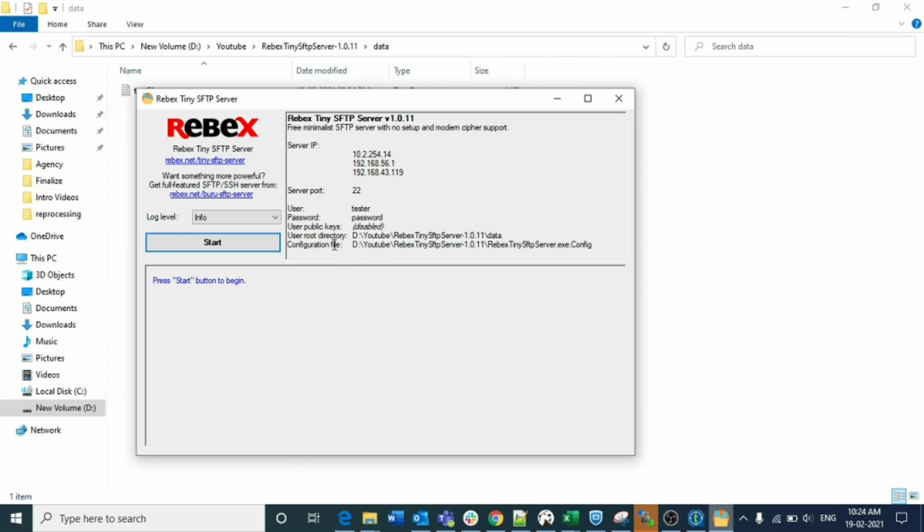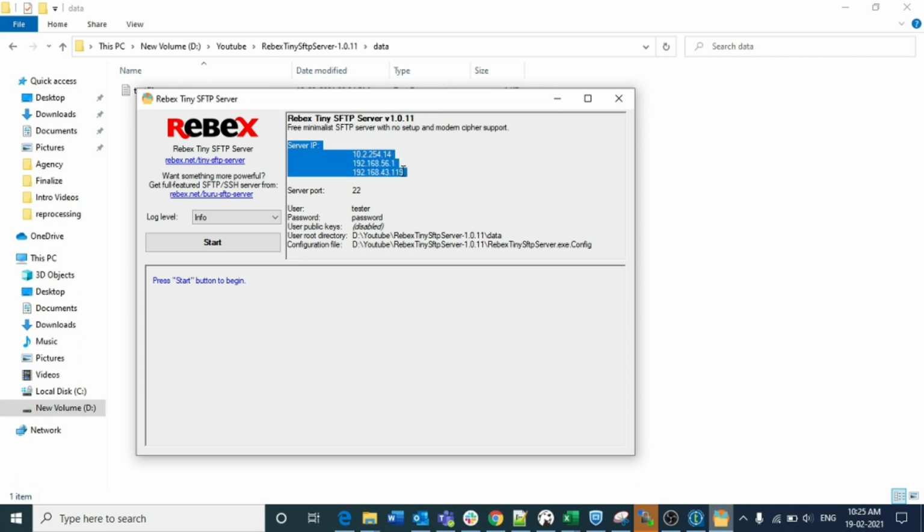It says the user root directory is this. Wherever you have installed this Rebex Tiny SFTP Server, under it we have a data folder which is created by the application itself, and then the configuration file that is present in the directory where it is installed. It then shows a few server IP addresses as well.